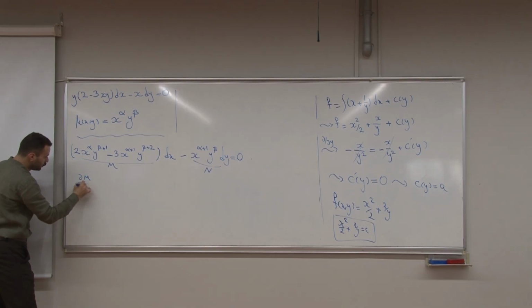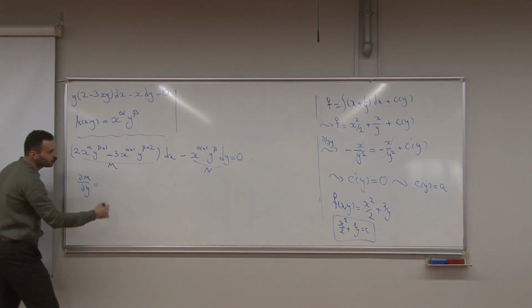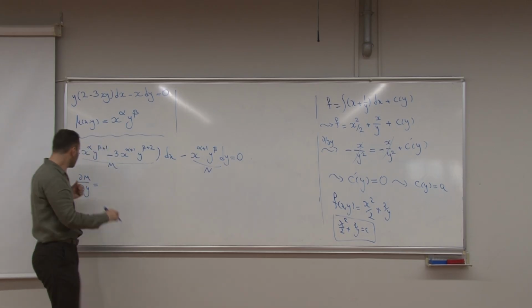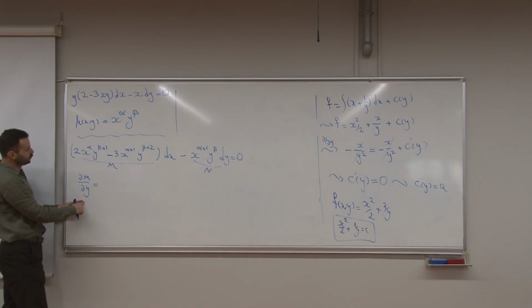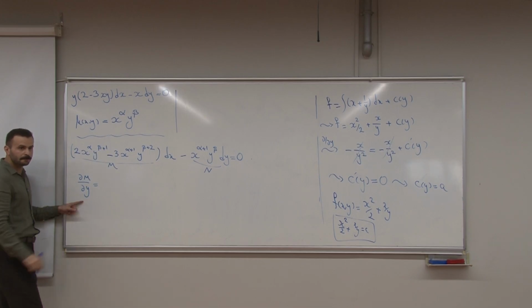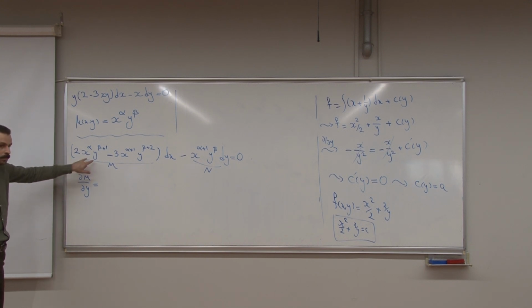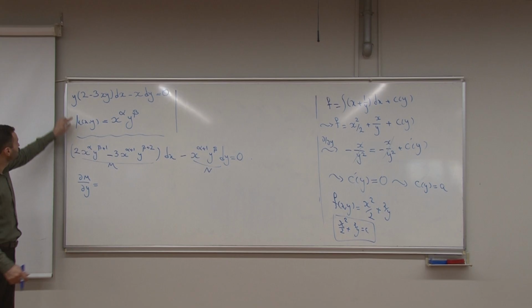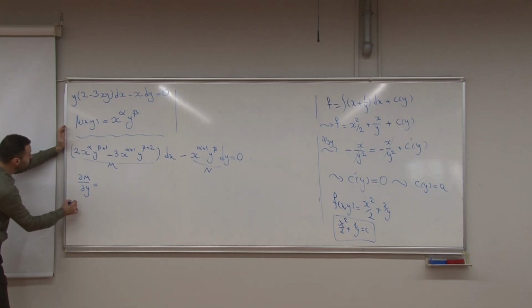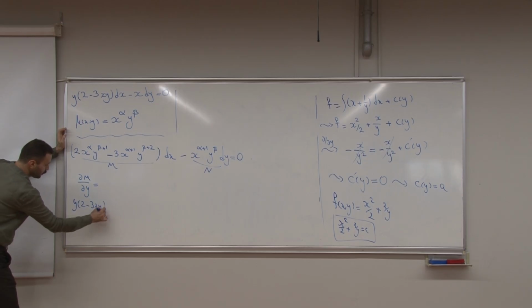Then ∂f/∂y must be equal to the derivative of this with respect to x. What is this? May I ask something? Yes, please. I missed the whole point about how we write M and N. What do you mean by that? I mean, how we said x to the power of alpha, y to the power of beta. Look at this. What we have here, 2y minus 3xy,